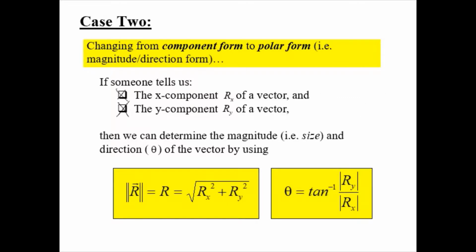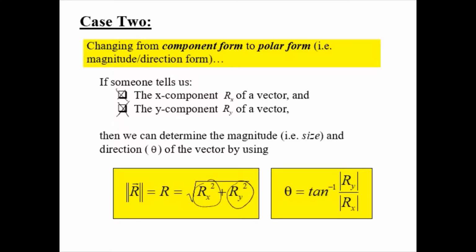So knowing r sub x and r sub y, how do we get it into polar coordinate form? Well, the size of vector r, which remember, we can indicate using double bars on both sides of the vector, but more commonly we just remove the vector arrow from the top of the vector, and that stands for the magnitude of the vector. Either one of these forms is common for indicating the size of a vector or the magnitude of vector r. But to get the magnitude of vector r, I simply take the square root of the sum of its